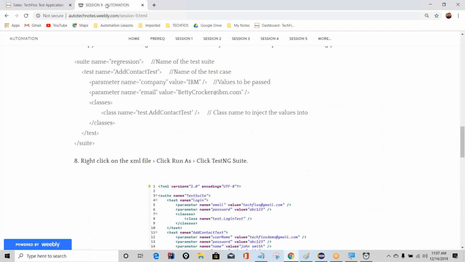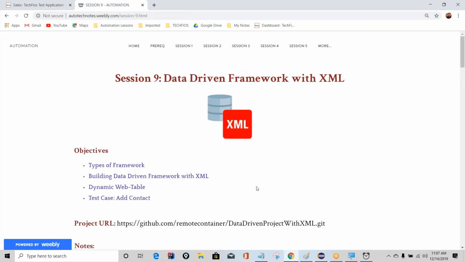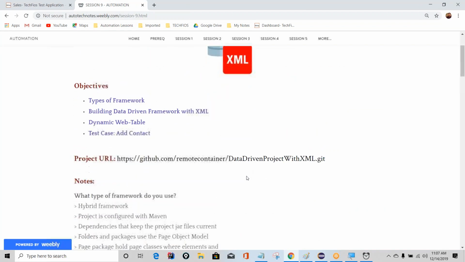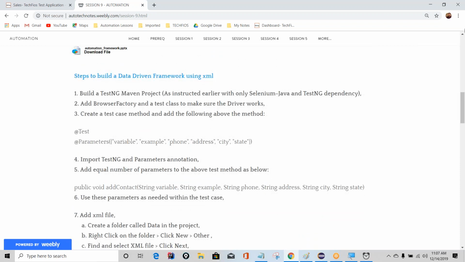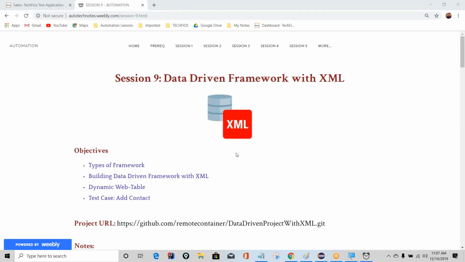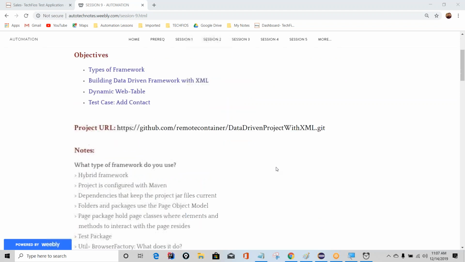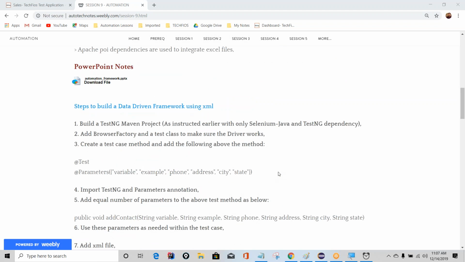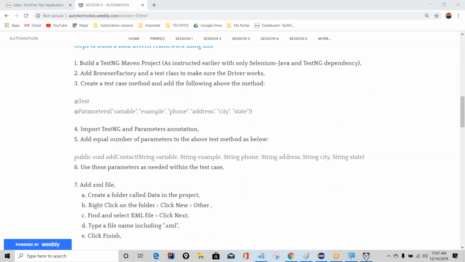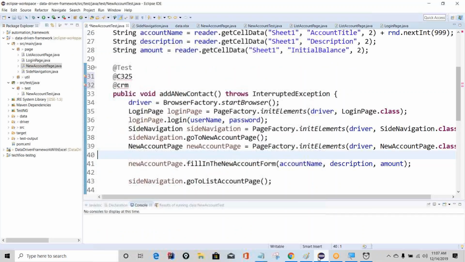All right. So let's get started. With XML, the way to create the project and do everything, all that information is in this page. Session 9, Data-Driven Framework with XML. So I'm going to just follow this and show you how you can do this. Even if you didn't have my video, just by looking at this page, you should be able to figure things out. First thing, I'm going to go in and